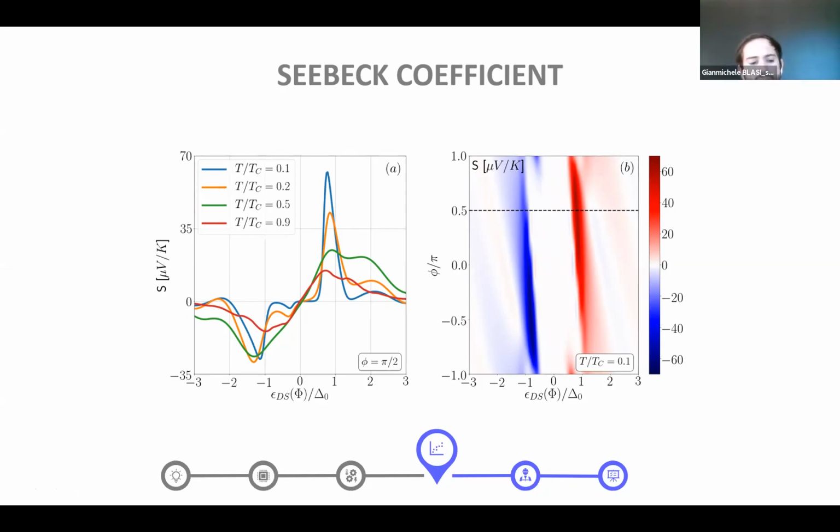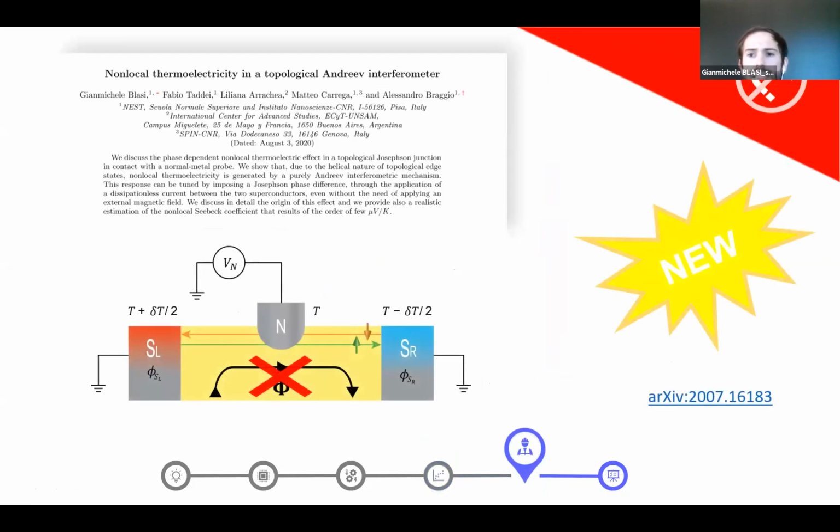Let me say also that a very similar non-local thermoelectric effect, but with a Seebeck coefficient one order of magnitude weaker, can be obtained in the very same setup, but without the presence of any external magnetic flux. This is what we have described in a very new paper we have just published on the arXiv, in which we obtain almost the same non-local thermoelectric effect, which can be tuned simply by changing the external Josephson phase